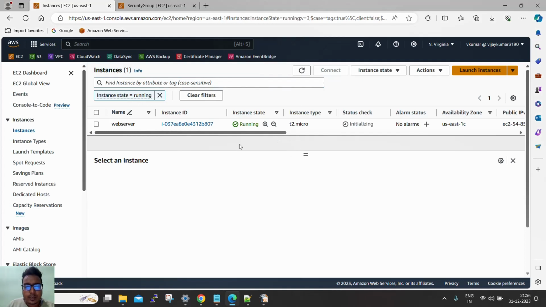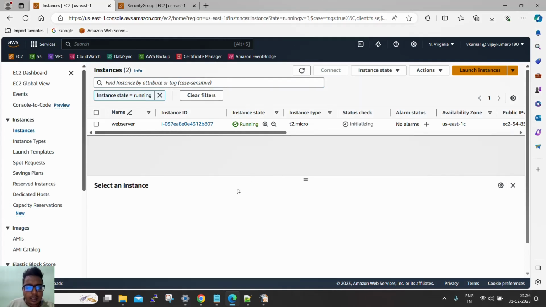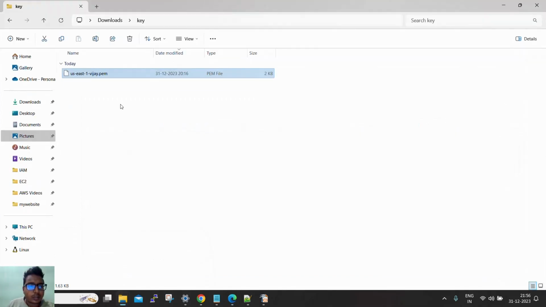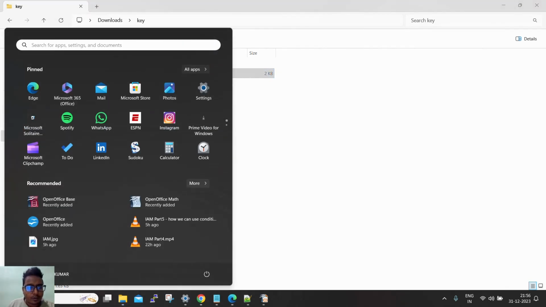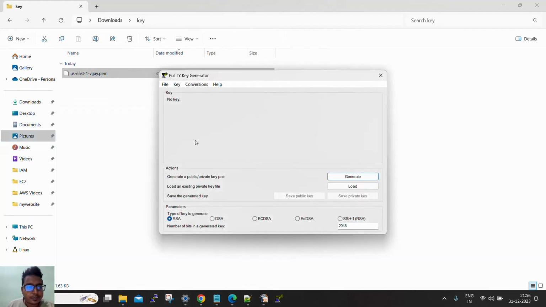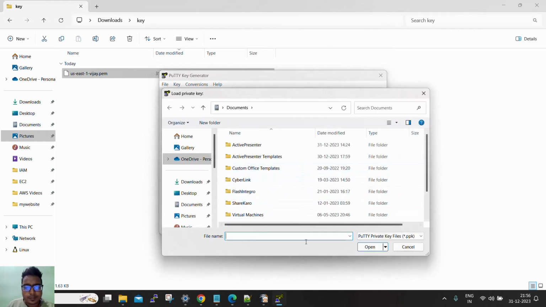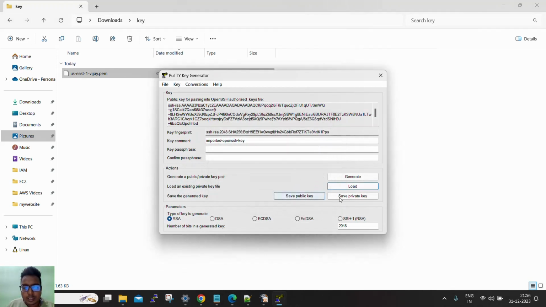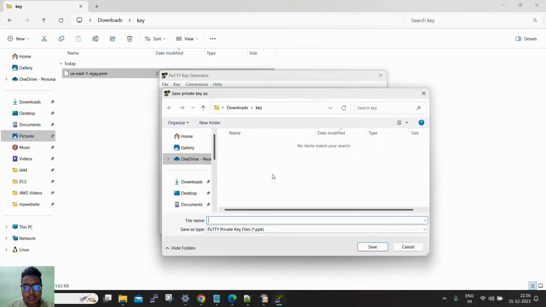So both servers will run soon, but let's go to our downloads, and here we have this key, and we want to generate the ppk file for this key. For that we have this puttygen software. We will load all files, downloads, keys, and save. Yes,